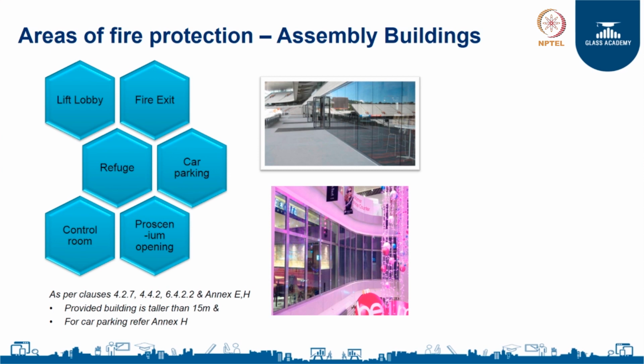In an assembly building, if you have so many people coming into a place, there is a high possibility that there has to be a lift lobby there, to take these people across several floors. You can take the example of a multiplex or a shopping mall. Therefore, there needs to be adequate protection in the lift lobby region and in refuge areas. Again, if there are so many people coming in and out, there are definitely going to be car parking spaces. So, we need to ensure the right passive protection in the areas mentioned in this slide.